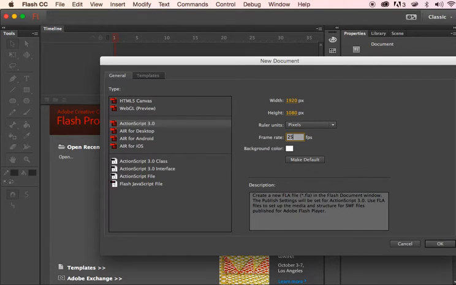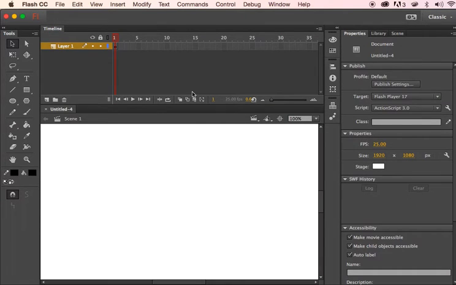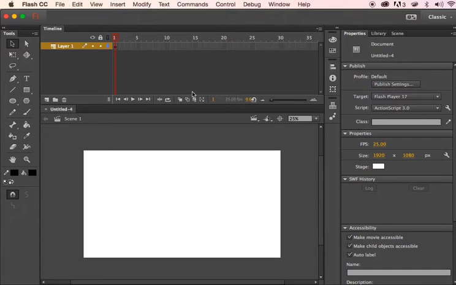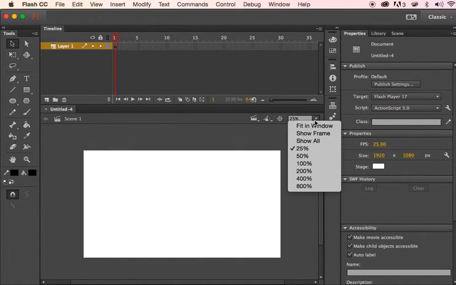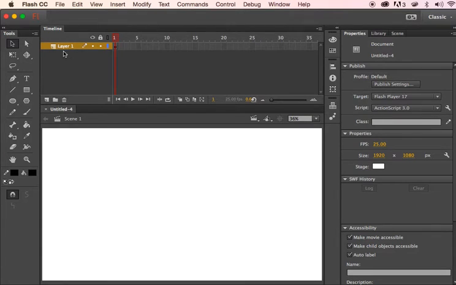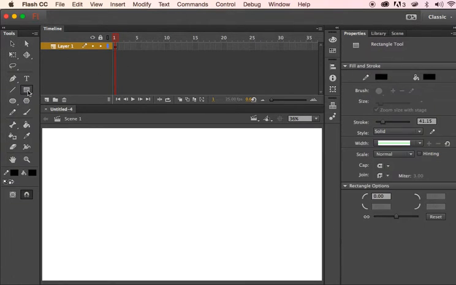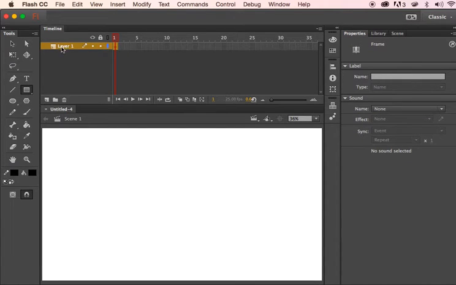And it's on ActionScript 3. I'm going to say OK. And then I'll zoom in or out as needed to fit in window there. So first I want to do frame by frame in terms of just movement, and then I'll do accumulation or extension. So to do movement, I'm just going to use one layer, and I've already got a keyframe as a